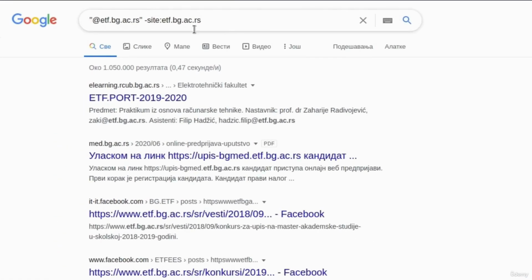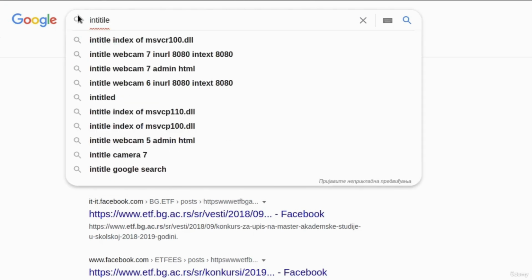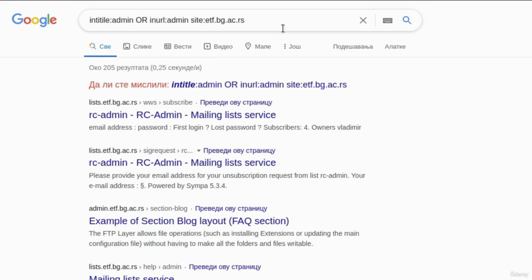To do that, we simply type in title: admin, or in URL: admin as well, and then we specify which site. And let's use this same website, this university website. So this is the command, and let's press enter. Then we get some responses right here. If you go to any one of them,